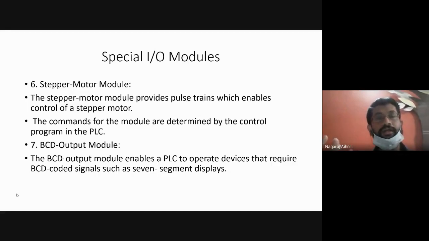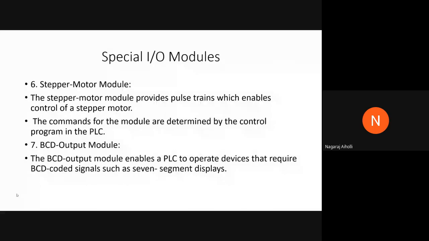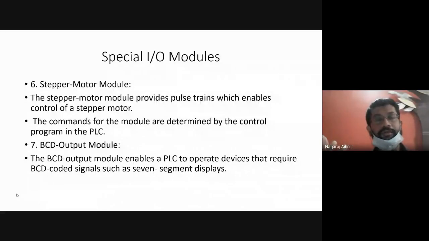Or it rotates with a certain speed. We can change the speed of the rotation of the stepper motor. All that can be done by adjusting this train of pulses. If you are providing, say, 8 pulses in sequence, then the stepper motor speed may be different. Suppose you are providing around 25 pulses, then the speed of the rotation of the stepper motor may be different.